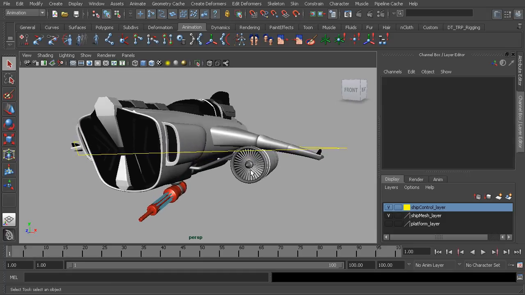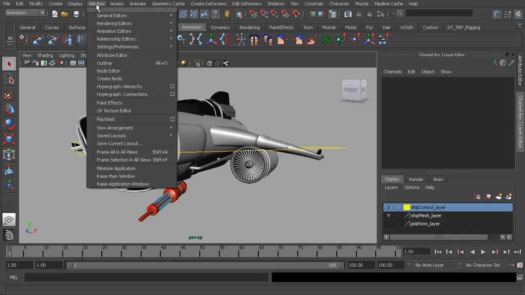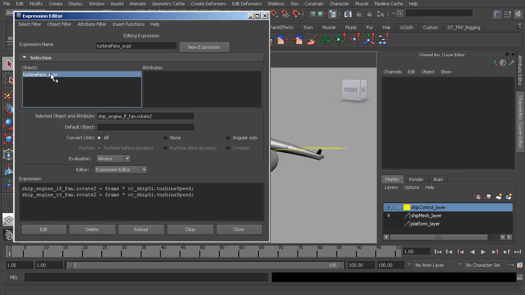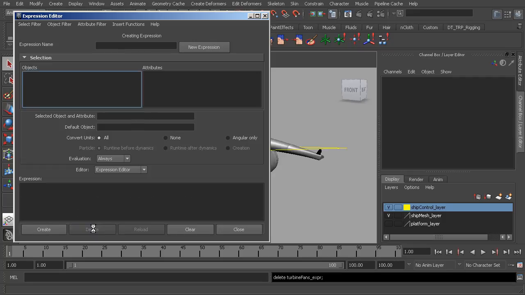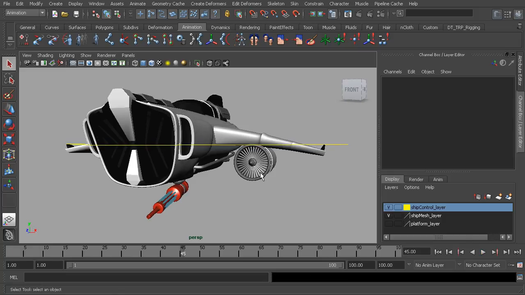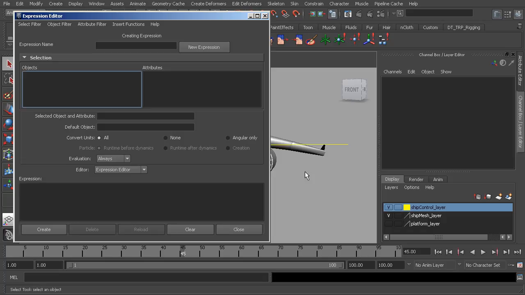If you'd ever like to remove the expression, you have a few ways you can do that. So let's go ahead and head back over to our expression editor. Select the expression, and then you could always choose delete. Everything will revert back to how it was before. All right, so there will be no spin. Or if I were to undo that,